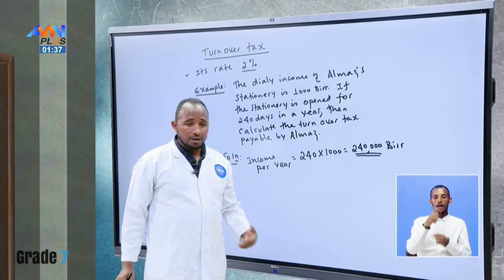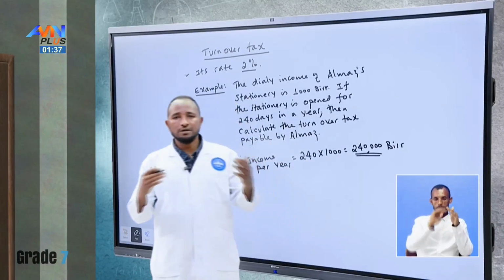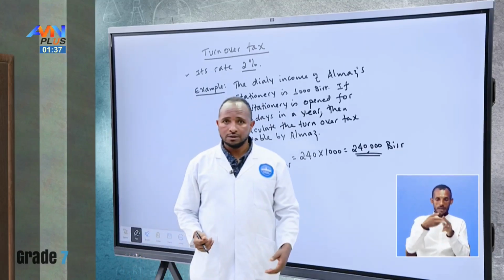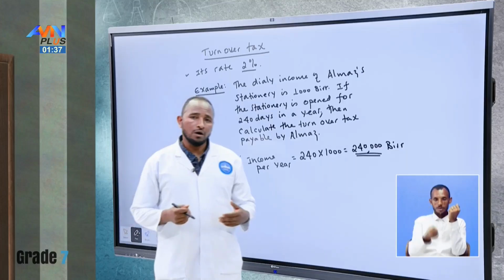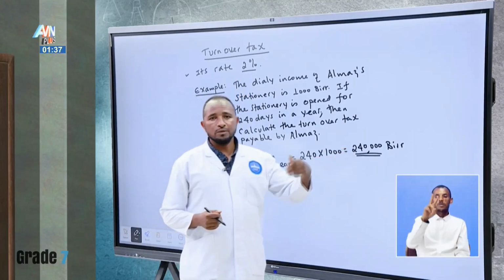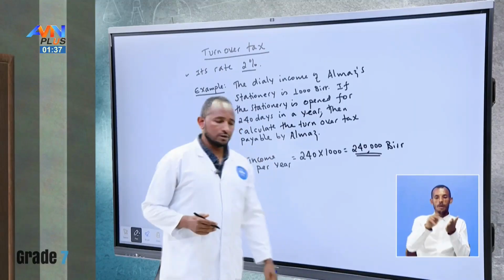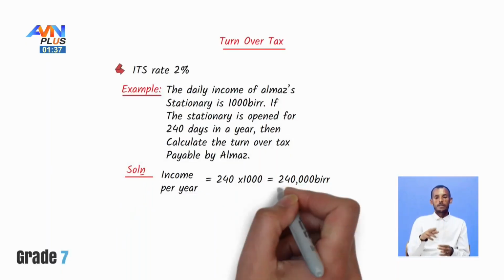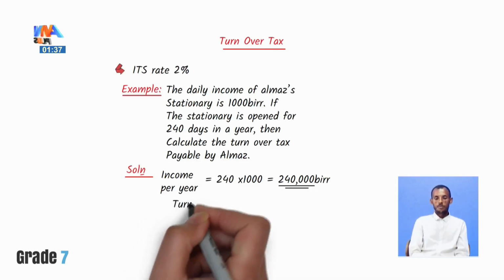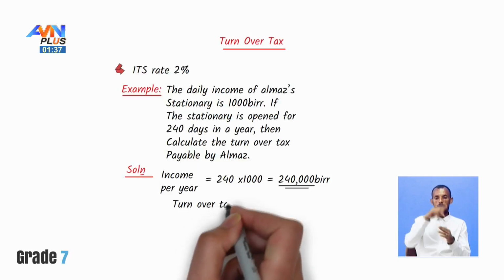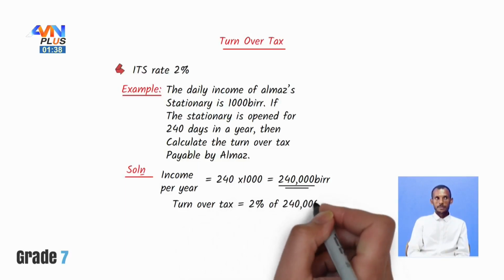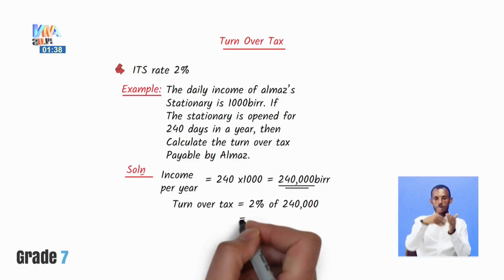As you can see, this income is below 500,000. So Almaz is able to pay turnover tax. And according to our country's rates, turnover tax is 2%. So 2% of this will be payable as turnover tax. Therefore, turnover tax will be equal to 2% of the total income, that is